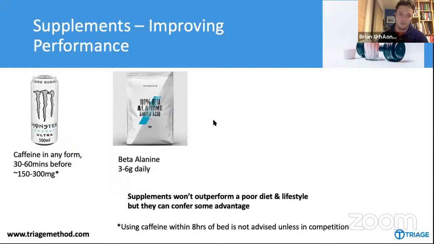Next one I'm going to discuss briefly is an amino acid called beta-alanine. Very briefly, this helps reduce the burning lactic acid sensation in the muscles when training, and therefore improves performance, especially in higher intensity activity. So not as much for things like long distance running, but for Taekwondo. A lot of the research is done in sprinters. So definitely good to use.